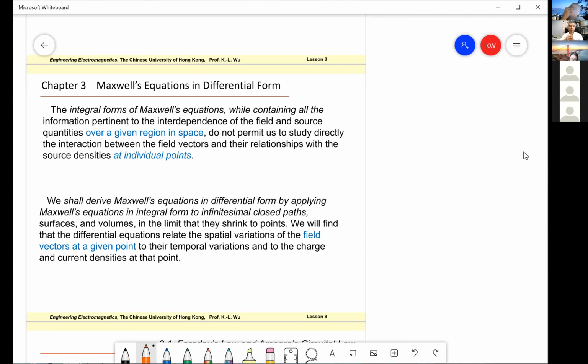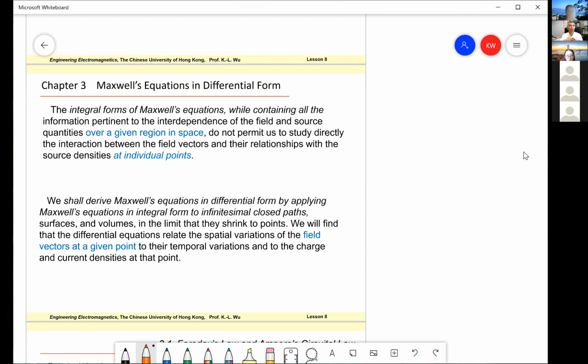However, when people want to describe a field relation particularly at a point, you tell me what is the field strength at a specific point, and the relation with other sources, say, for example, current and charge, or the other